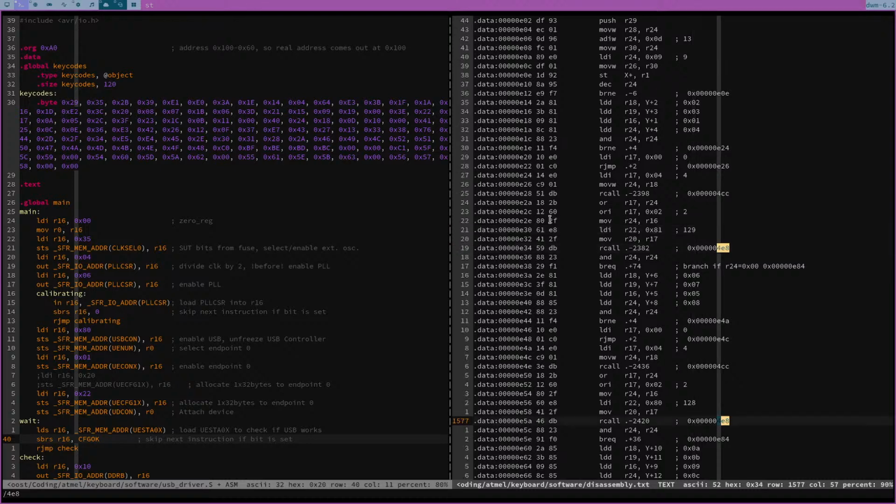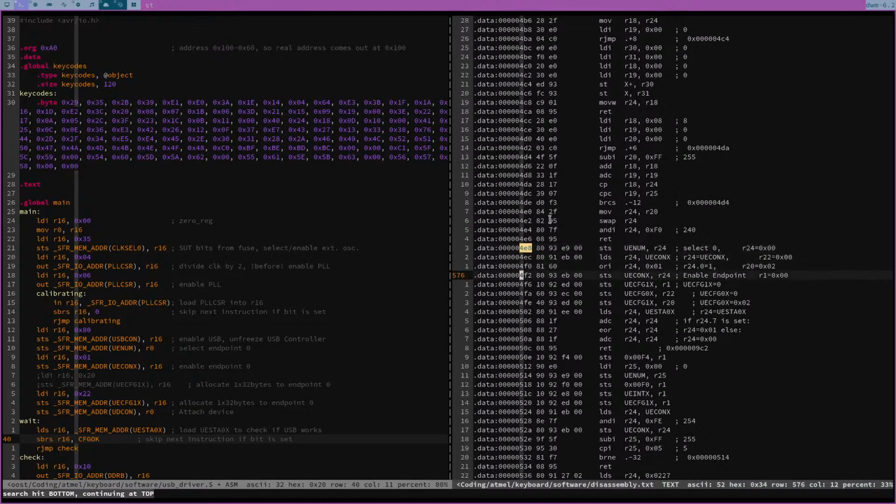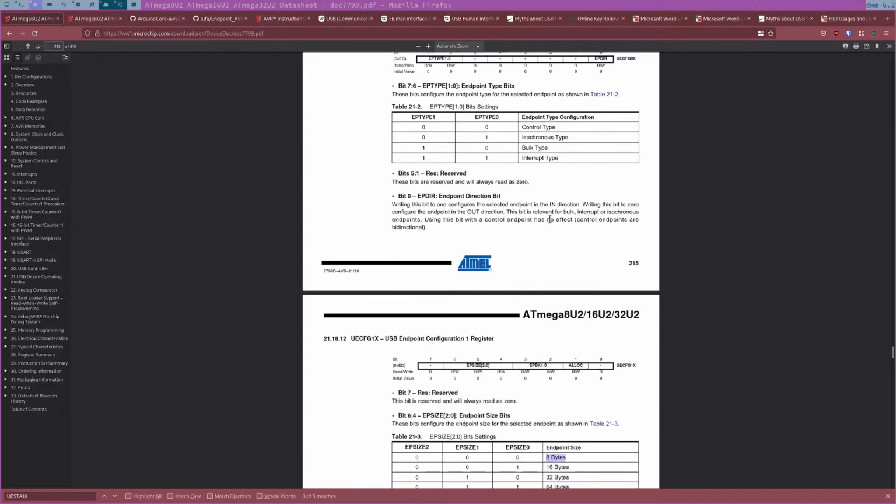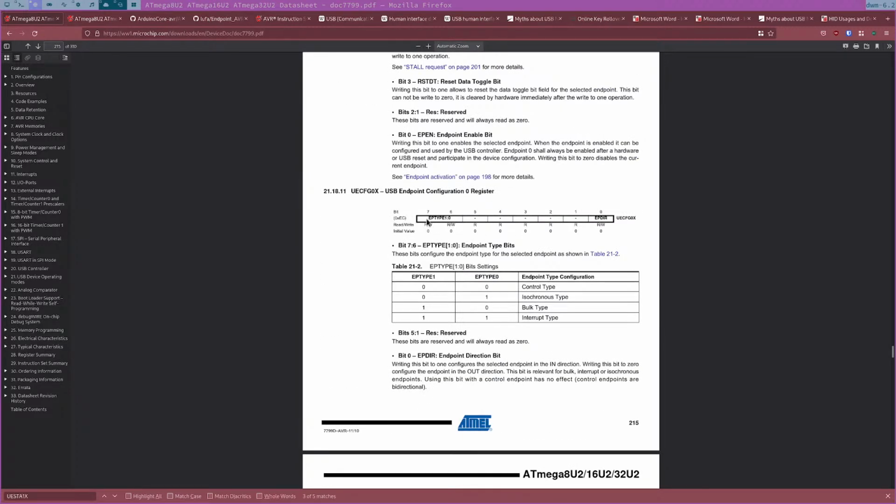So if we go back to this one and see the 0x, you will see that it gets set to 8-1, which corresponds to basically